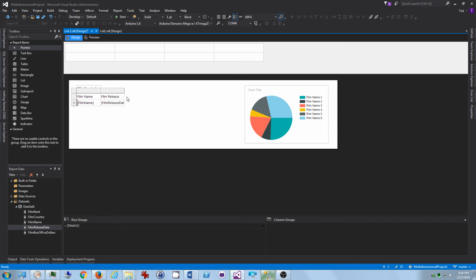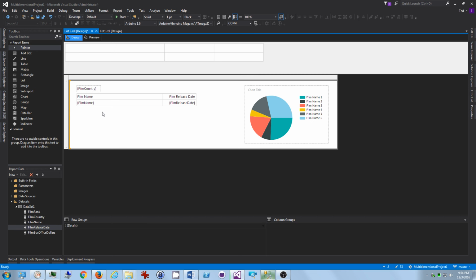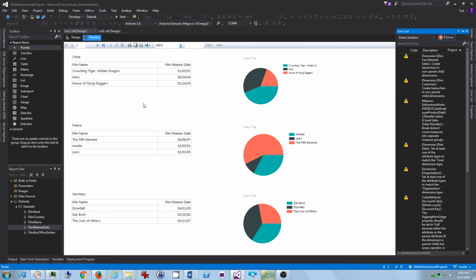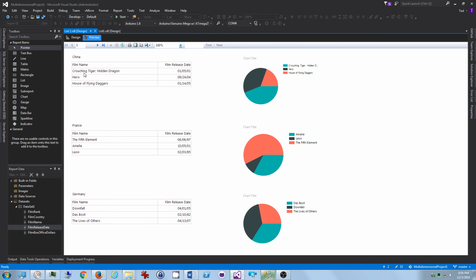So now we can delete the columns, and what we need is most of that space for the name, not the release date. And we can format that over there. And so now when we do a preview, we can see we've got the film name and the release date,